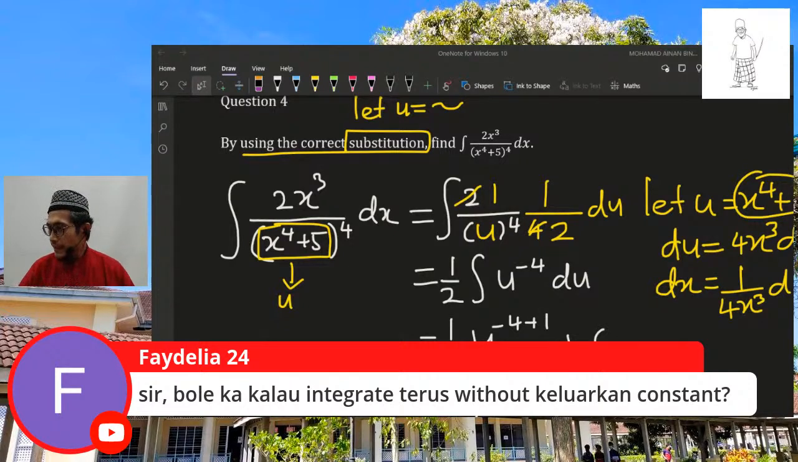Can we integrate straight away without taking out the constant? Can, no problem. Good question. No problem. You can leave it out there. It's just that sometimes some students get confused. If you don't take out the constant, they will make a careless mistake. It doesn't matter much when we do an indefinite integral, but when you do a definite integral, okay,